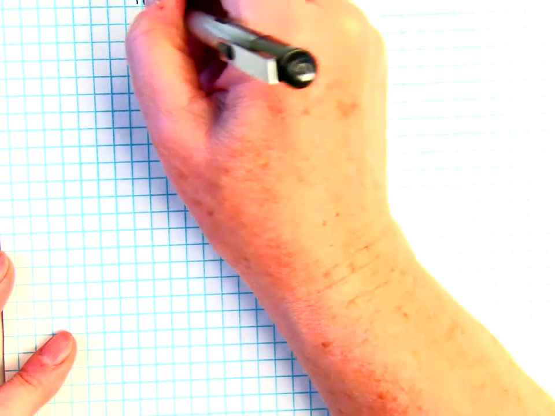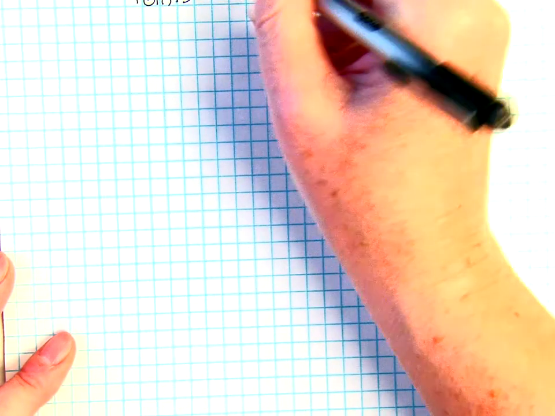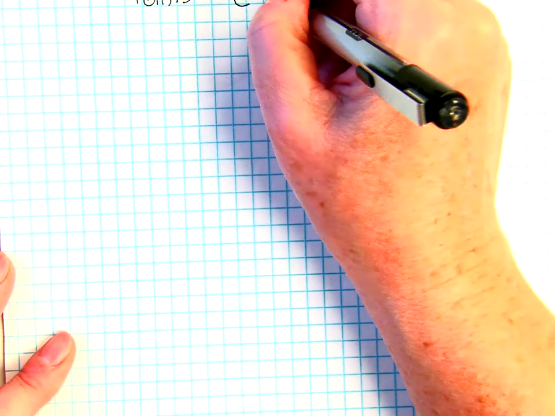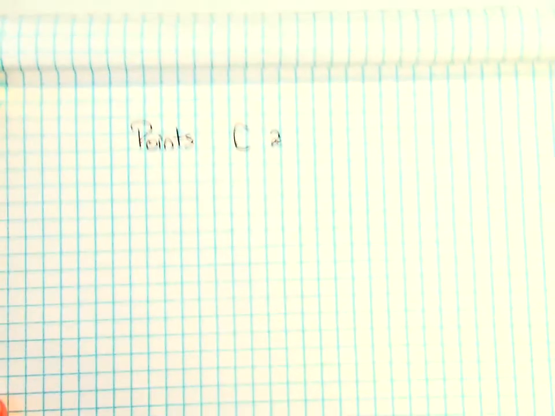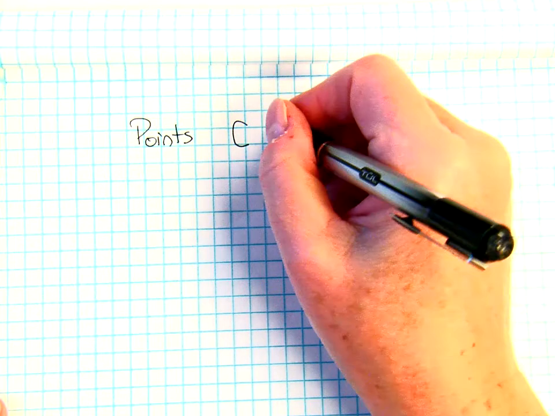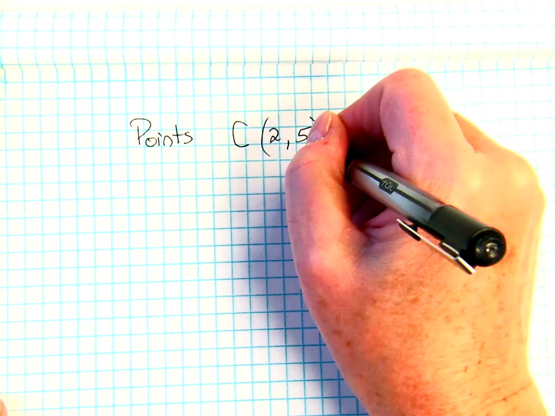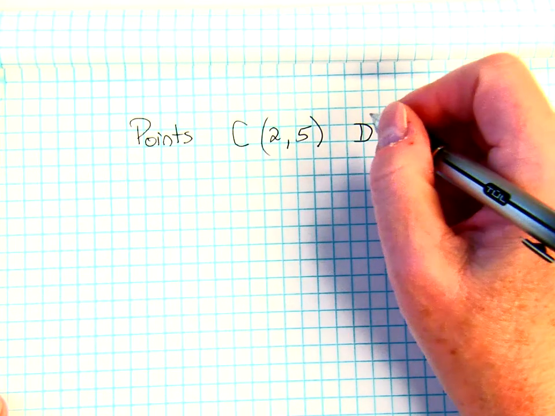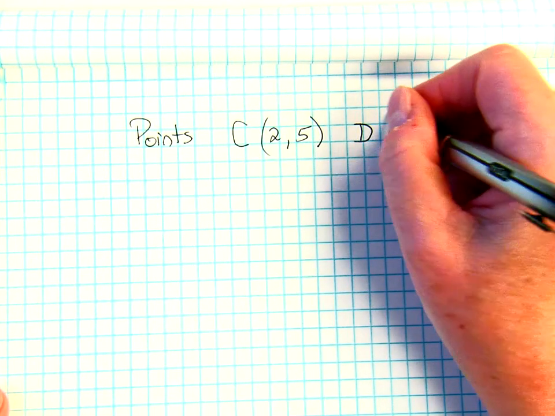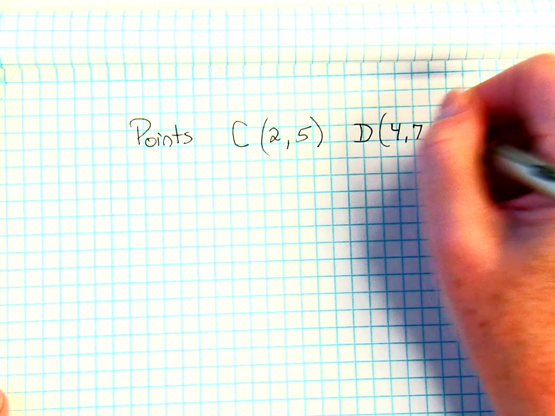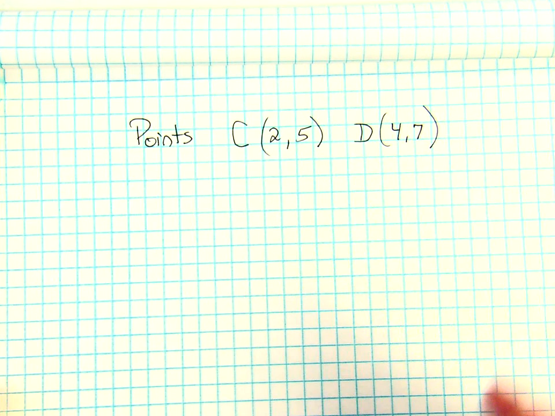So let's say we are just going to look at our points, and we have point C, which is 2, 5, and we have D, which is 4, 7, and because we know that we're talking about the change in y over the change